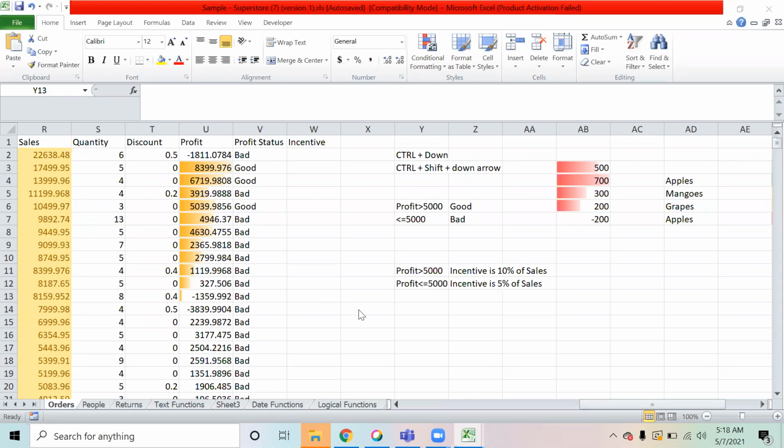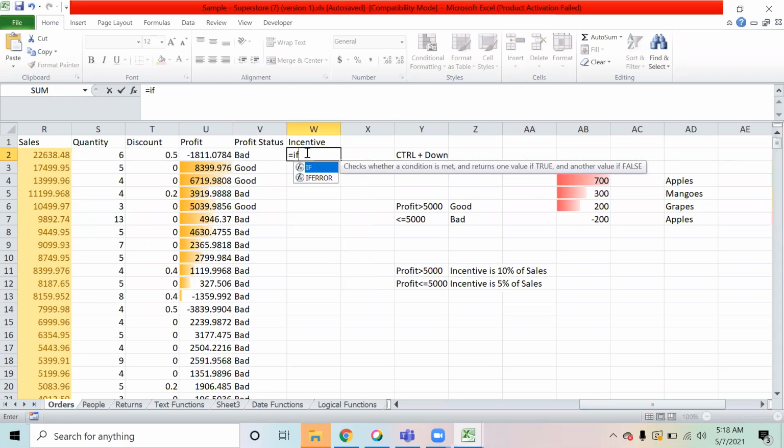Yep, anyone who has done it? Incentive. Right, so how will I do it? I will say equal to if, what is my condition? I have to check the profit. If the profit is more than 5,000, and the condition is true, what do I want? I want 10% of the sales. 10% means 0.1 multiplied by whatever is the sale.